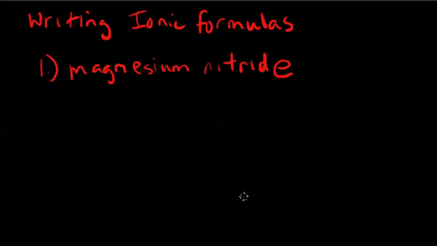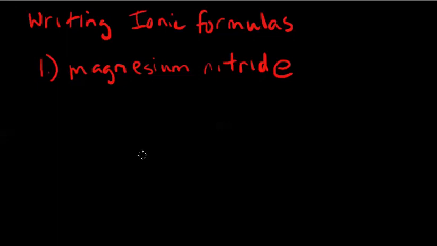Alright, so we're going to look at how to write ionic formulas. To write an ionic formula, you need an ionic name. And basically what you do is you write the formula for the positive ion, then you write the formula for the negative ion, and you need to figure out how many you need of each ion so that the charges